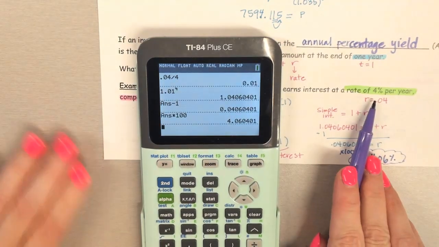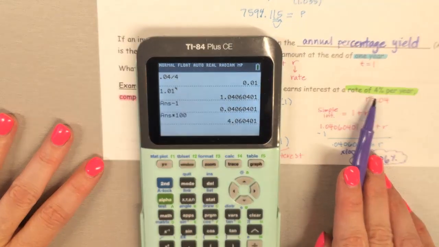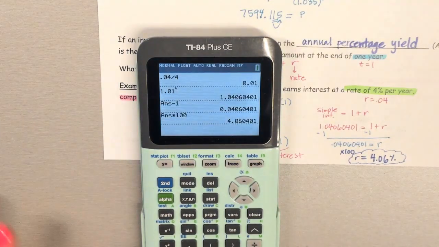So see how it said it was a rate of 4% per year? Okay, you actually yield like the 4.06% because of how it's compounded. Okay, so you're going to solve to find the rate, and then anytime you find the APY, we're going to write that as a